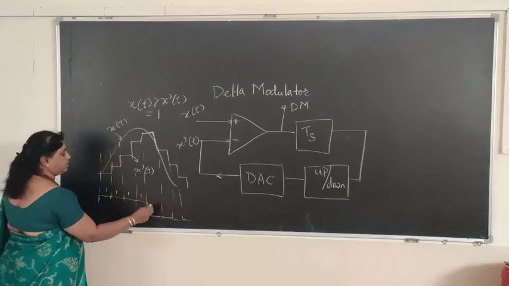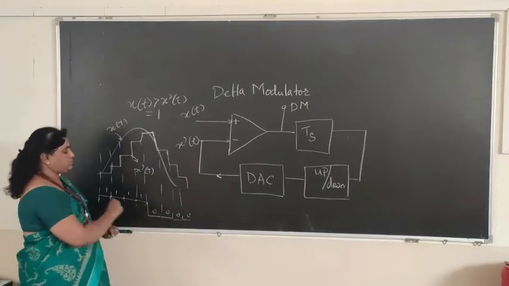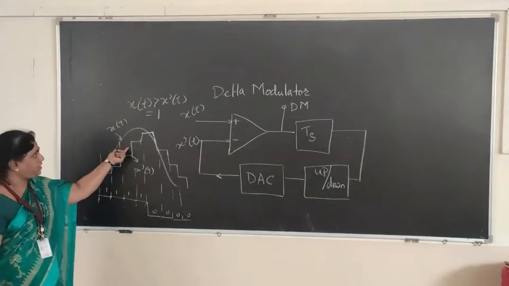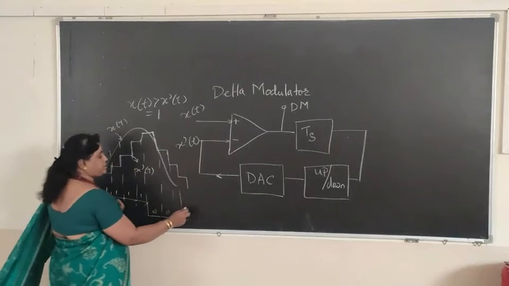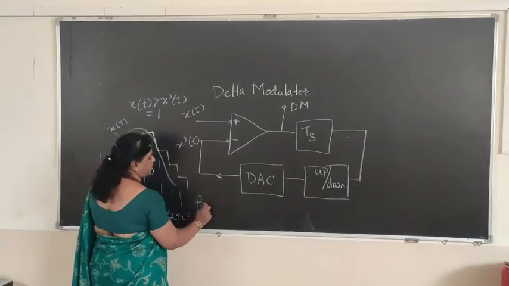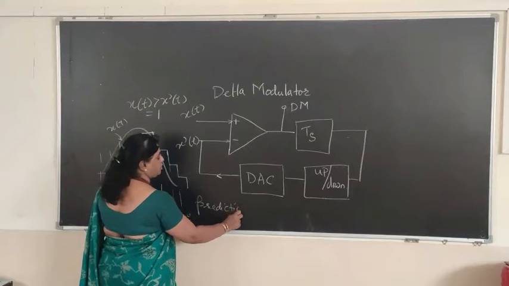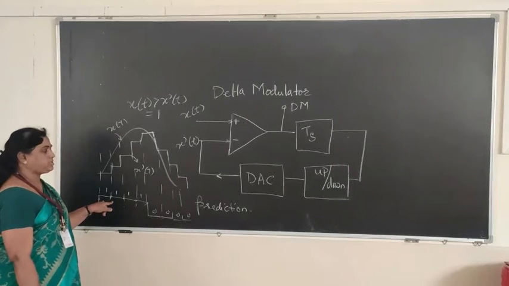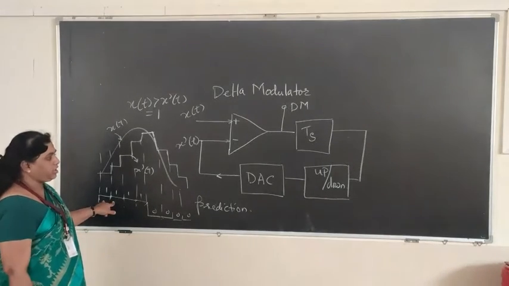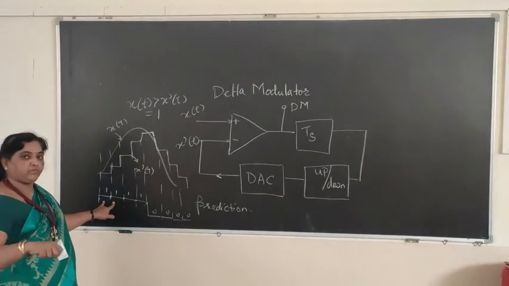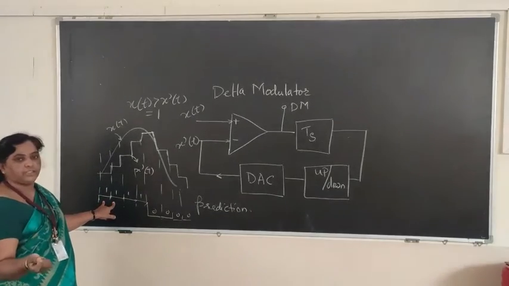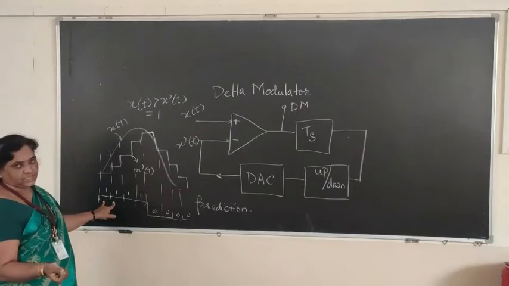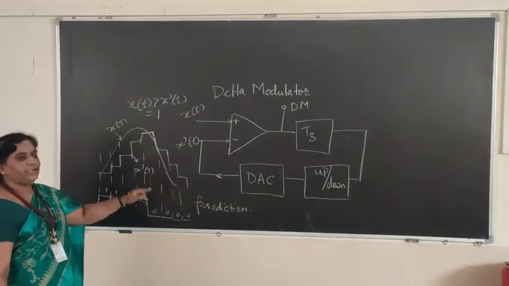So per sample we are getting 1 bit which is being transmitted. This modulator, as we said, depends upon the comparison between x(t) and x'(t), and is called a prediction modulator. Now, when I say that it is a prediction modulator and the output produces 1 bit per sample, it is a modulator used where the bandwidth requirement is less, that is, the number of bits transmitted, or we say the data rate, is low. So wherever the data rate required is less and bandwidth required is less, we use delta modulator.